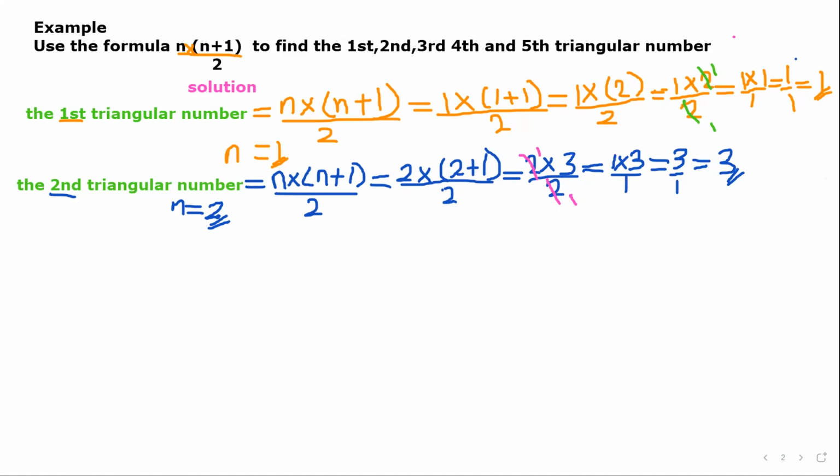Good. Let's find the third. The third triangular number means